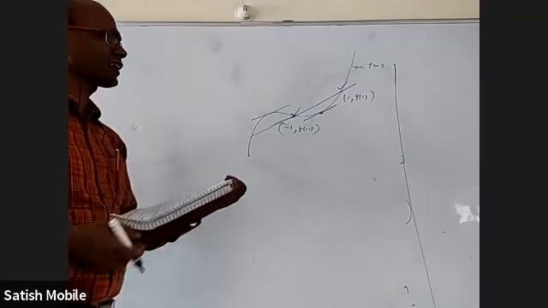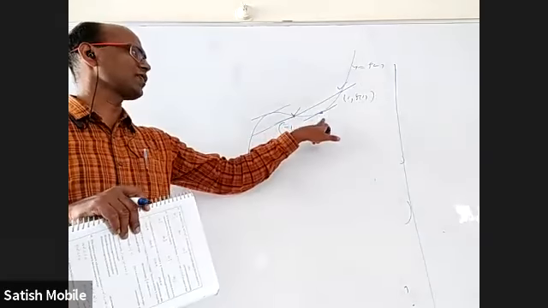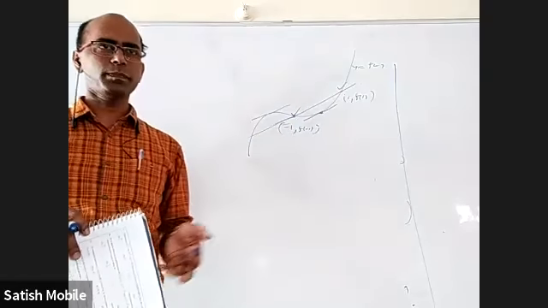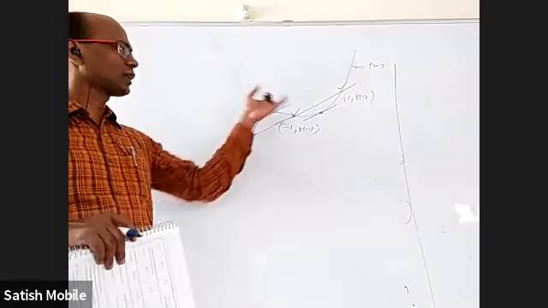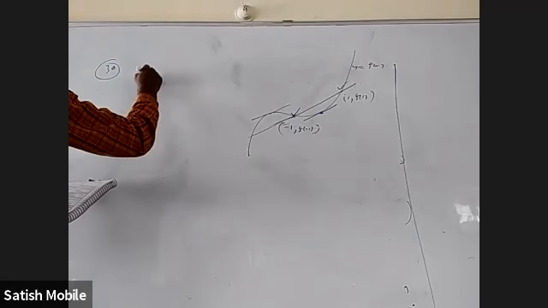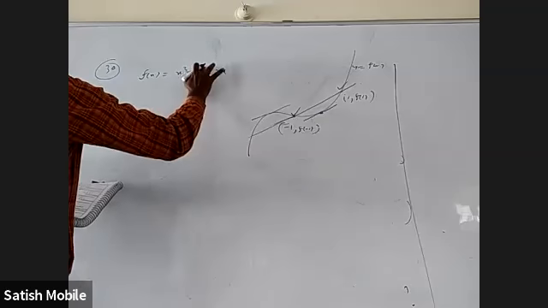Of course, even Lagrange's mean value theorem is somewhat based on this, that there will be a point C where f dash C is f of b minus f of a by b minus a. But still, we have to really find the tangent slope. So let us really find what is the curve given. f of x is equal to x cube minus x square minus 2x.